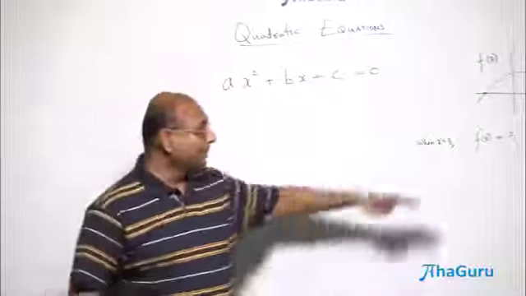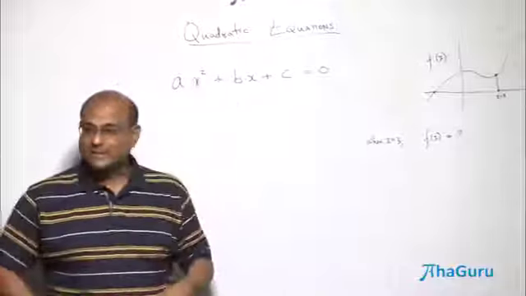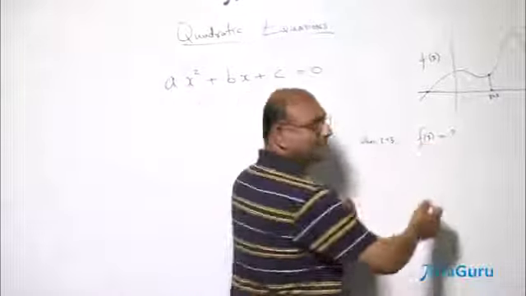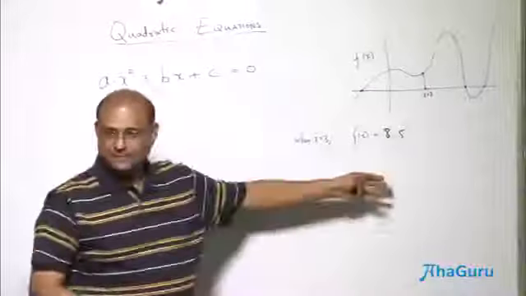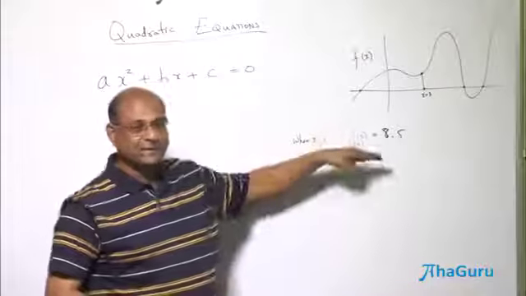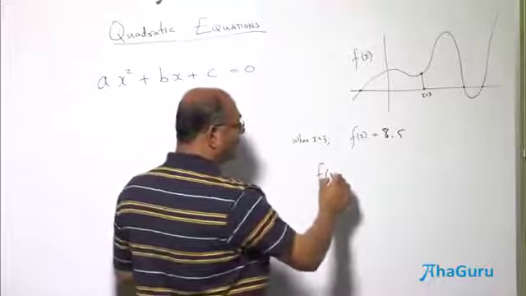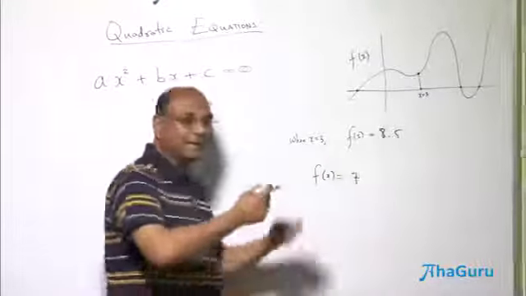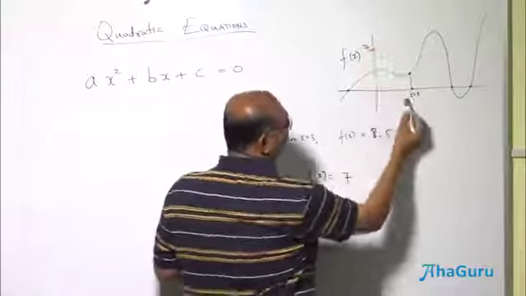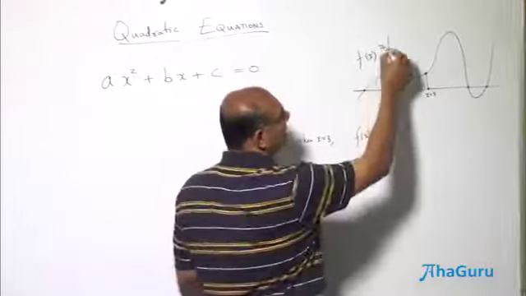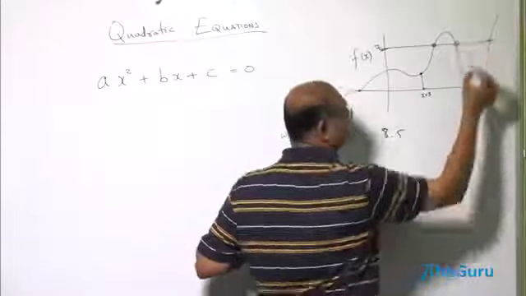Substitute 3. No, it may not be 0. F of 3 may not be 0. Substitute 3. The reverse question is, if you substitute 3, what may we get? You may probably get 8.5. I'm just cooking up something, but I'm just saying that means f of 3 is 8.5. But the reverse question is, I know f of x must be 7. Some reason I know it is 7. So what is the value? You say 7 here. At this, what is the value? At f of x is 7 means the value is this or that.